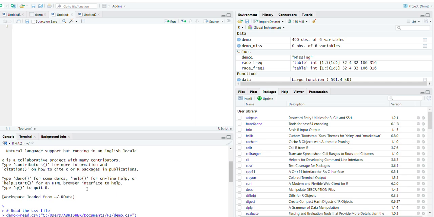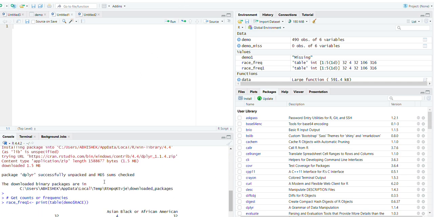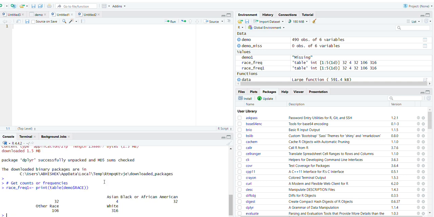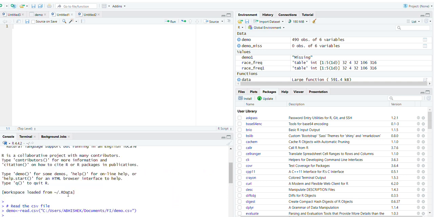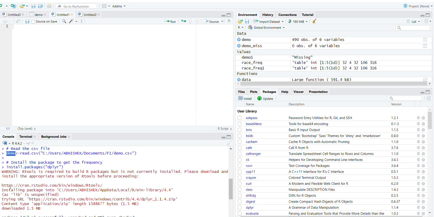I think I have run everything, and I got the counts as well. First we ran the code and stored the new table in demo. After that, we installed the package called dplyr. Once you install this package, you can use